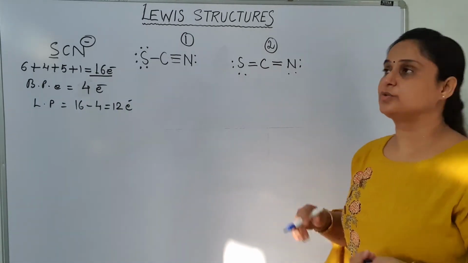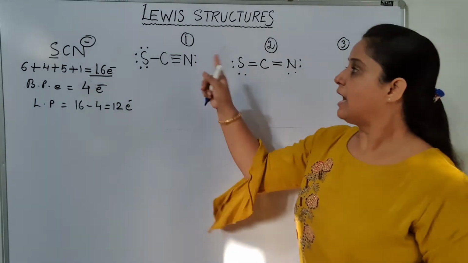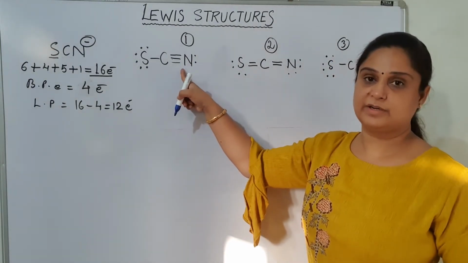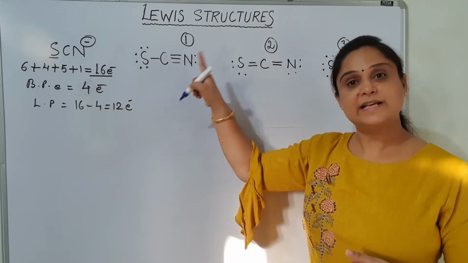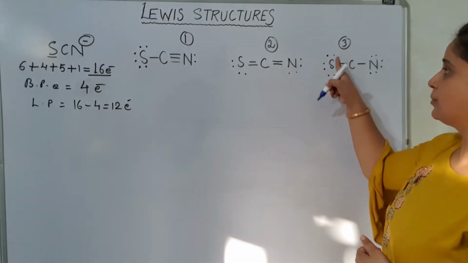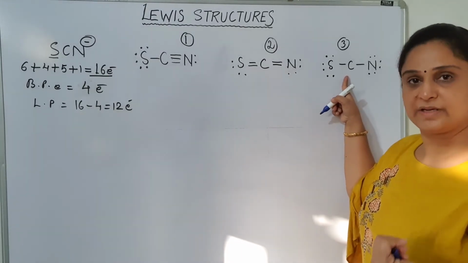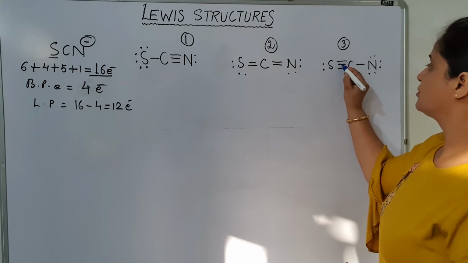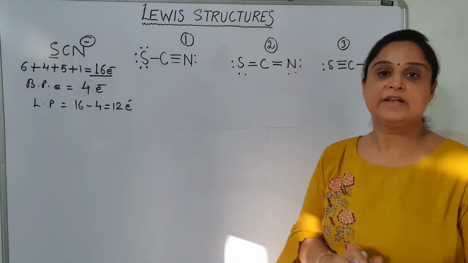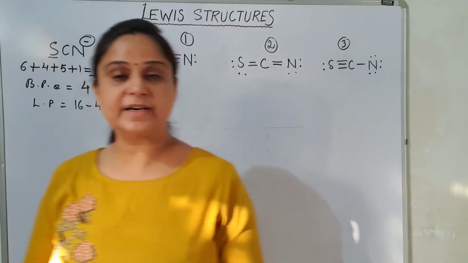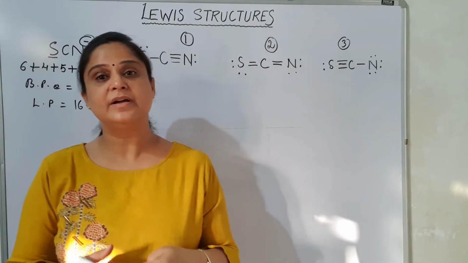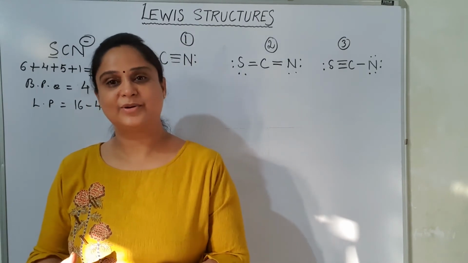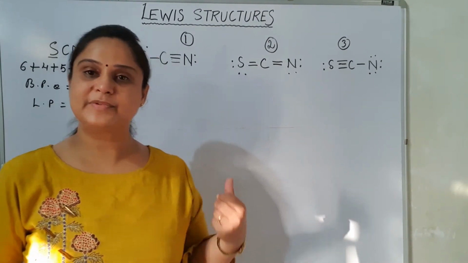Now one more structure could be possible. As in this case I have shifted both lone pairs to between the carbon and nitrogen, in the same way can I shift both lone pairs of the sulfur between the carbon and sulfur? So this is gone, one bond pair, this is gone, and one bond pair. So I could have these possible structures, in which each atom is satisfied, but we have to select which one is the most stable one, and that we will do using the formal charge concept. So let's apply the formal charge concept quickly.